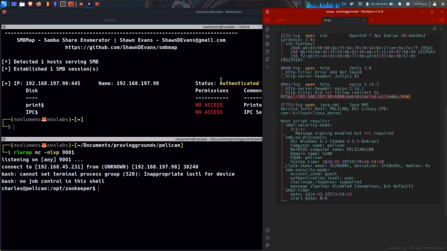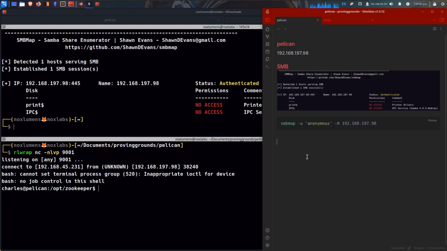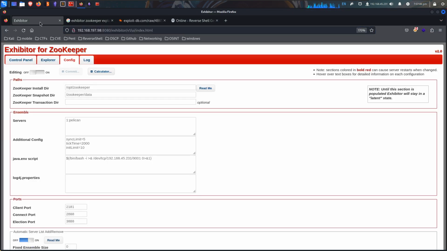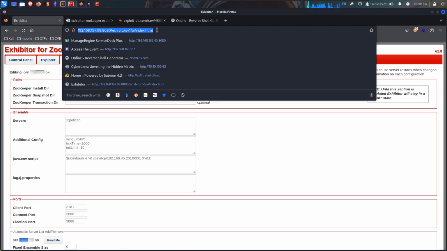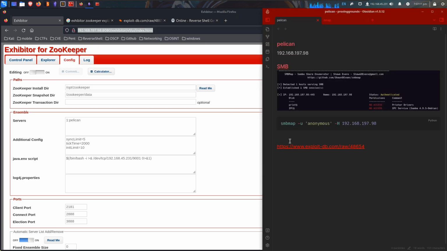Get this into our notes. Pelican. What port was that even? 8080. We'll copy paste this. Yeah, HTML. Give me something with color, buddy. Whatever. Python. There we go. Okay, so 8080